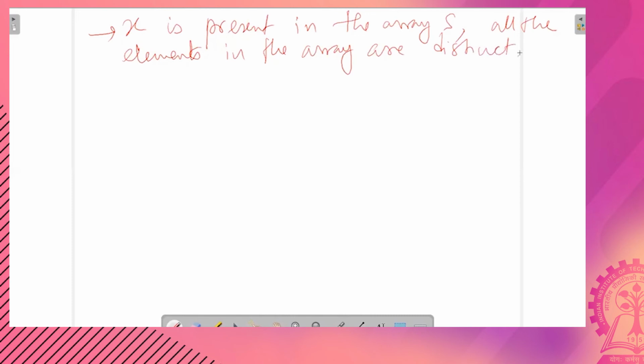Okay, so making these two assumptions, as we said, there is absolutely no reason to believe that X will prefer one array index location compared to the other. Okay, so therefore the